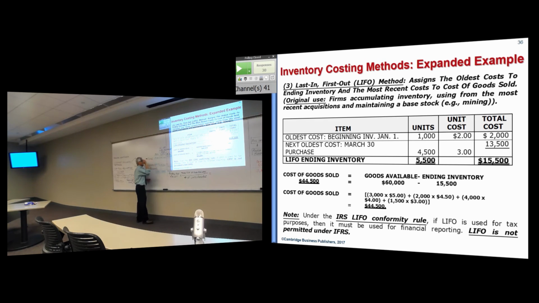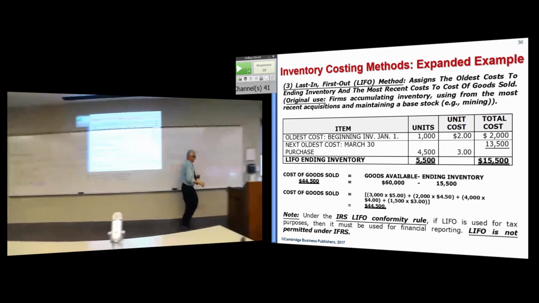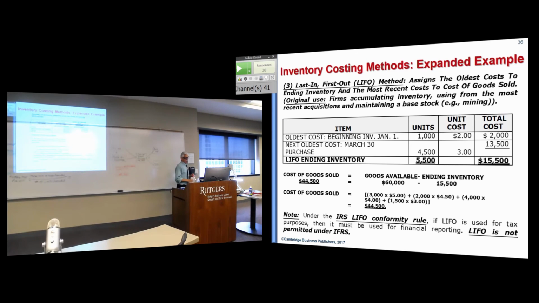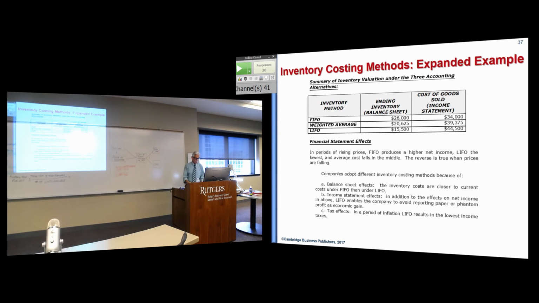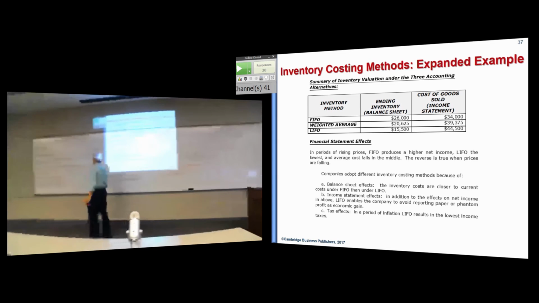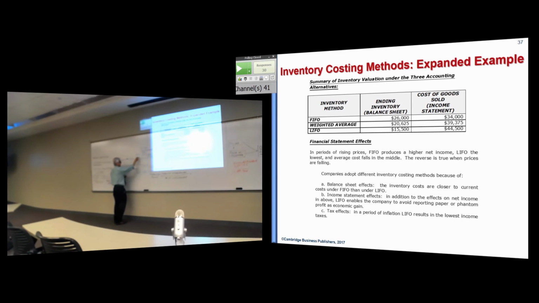And let me give you the summary. If I had to look at the objectives, we've got this classic trade-off here: the balance sheet and income statement effects of LIFO versus FIFO. Again, LIFO significantly understates inventory. So if I'm looking to satisfy a balance sheet objective,